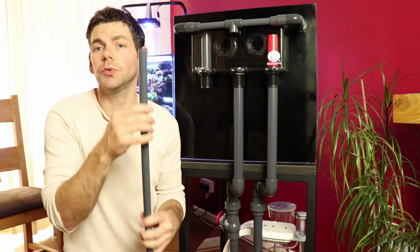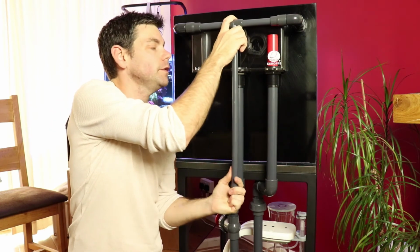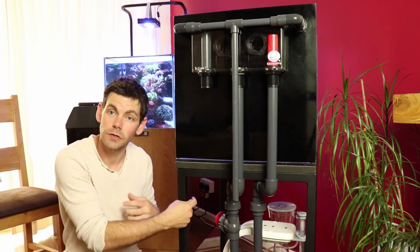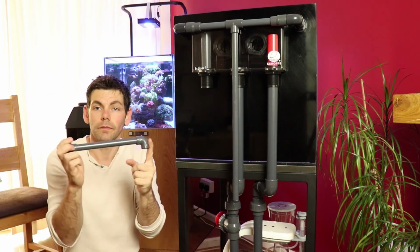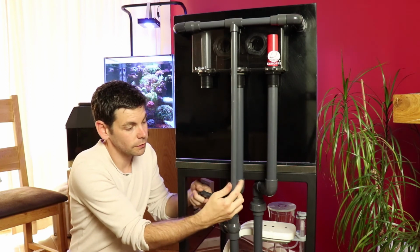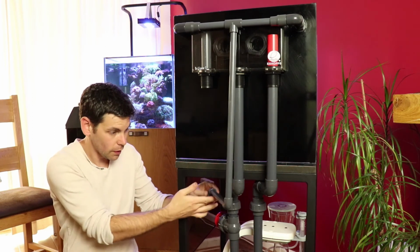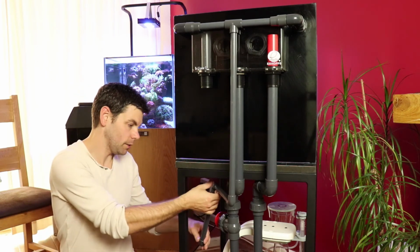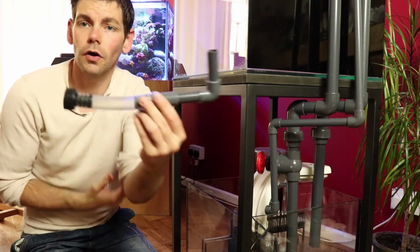So I've cut myself a piece of 20mm pipe that will fit into the T-section that joins the two outlets together, and now I've got a height that I can put another elbow onto and then start bringing it towards the return section. This piece of pipe is going to be just long enough, so I've got an elbow on each end of this pipe which will bring it in towards the return section, and then I can start making my way down onto that. I need to come down and then in, like so,